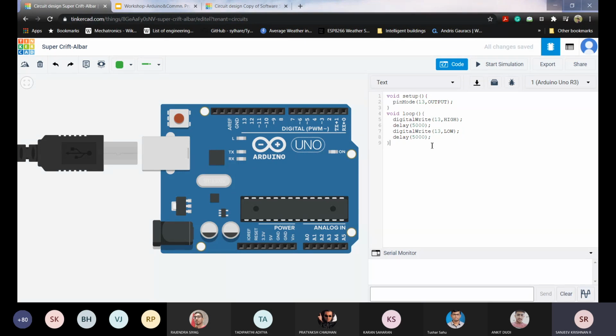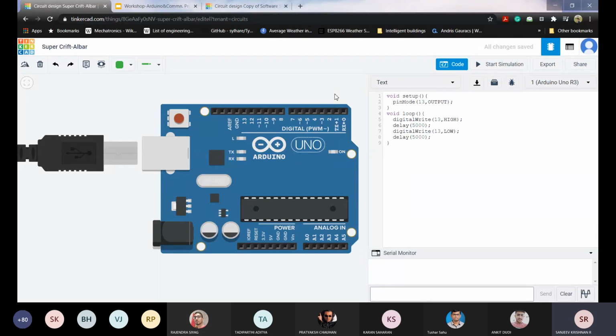Second thing, we can use our common sense, and we can make it do anything. Let's say we can have a push switch somewhere outside. We can buy a push switch, add it here, and connect it with Arduino, maybe to some other pin.